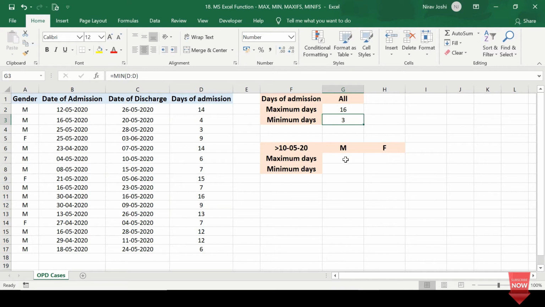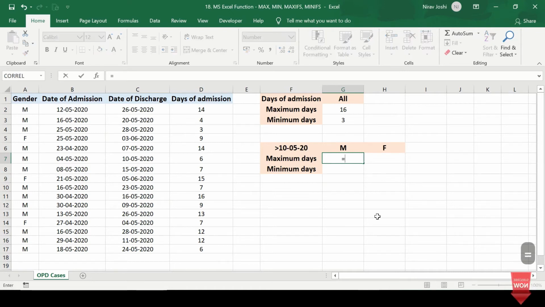Now suppose we want to apply some criteria in the calculation, like it has been provided here that we need to calculate maximum and minimum days of admission separately for male and female, as well as for those cases who were admitted after 10th of May. So for that, we can use the function MAXIFS,